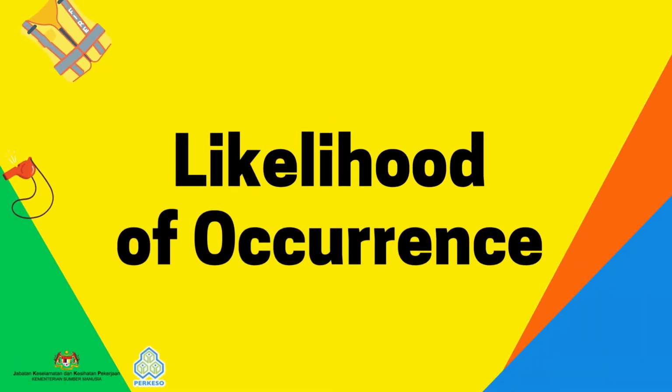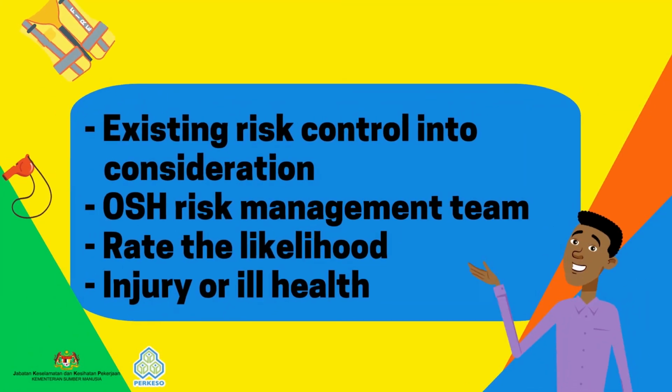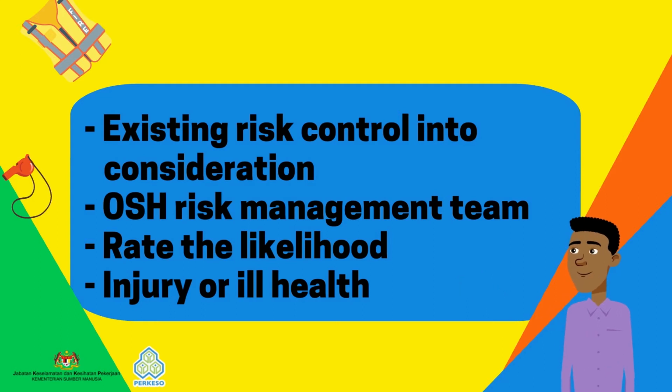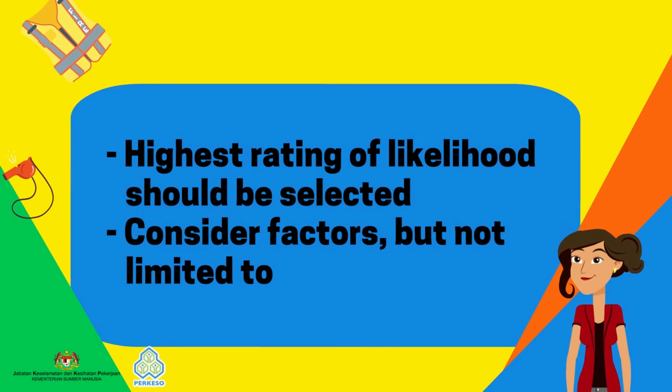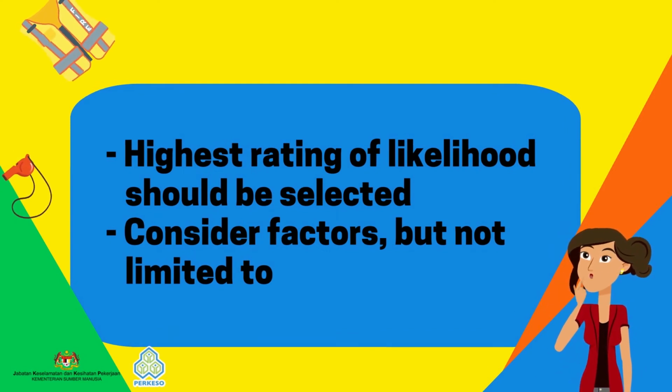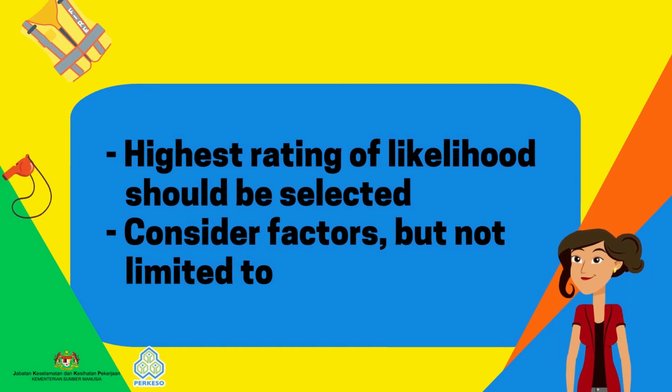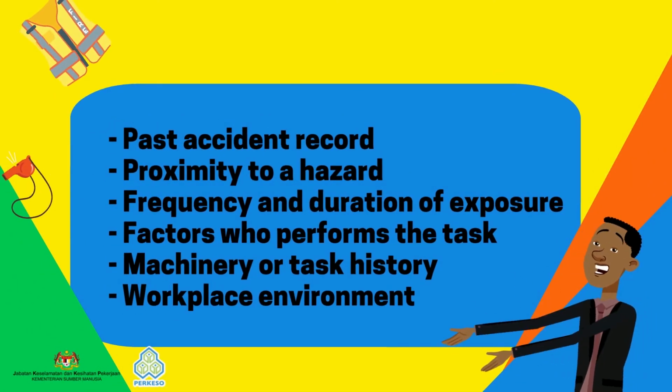Likelihood of occurrence. Taking the existing risk controls into consideration, the OSH risk management team has to rate the likelihood the hazard may cause injury or ill health. When estimating likelihood, the highest possible rating of likelihood should be selected. Estimating likelihood should consider the factors, but not limited to: past accident record, proximity to a hazard, frequency and duration of exposure to a hazard,